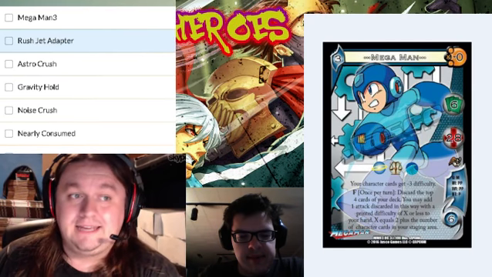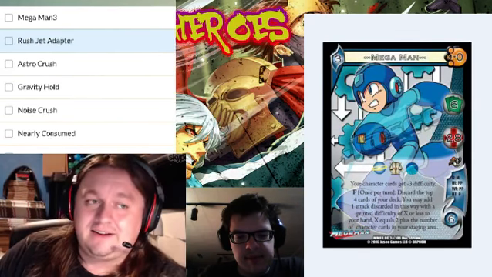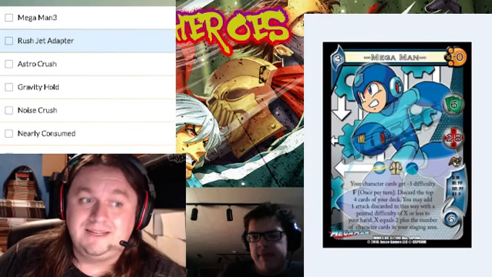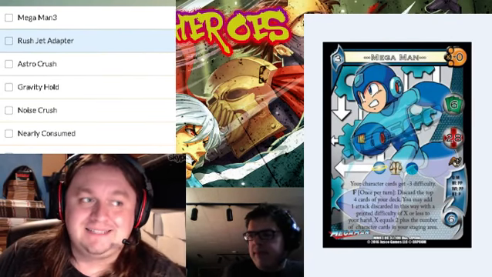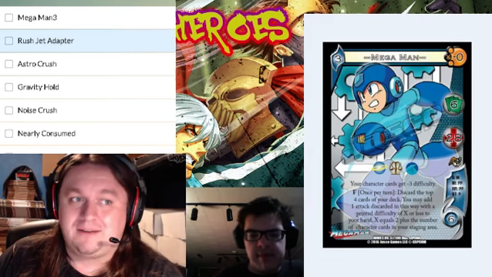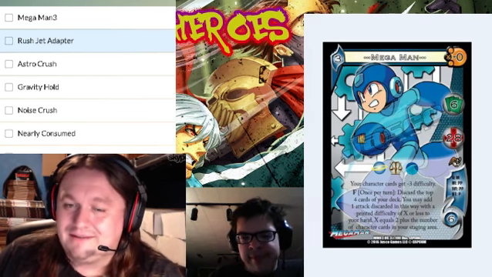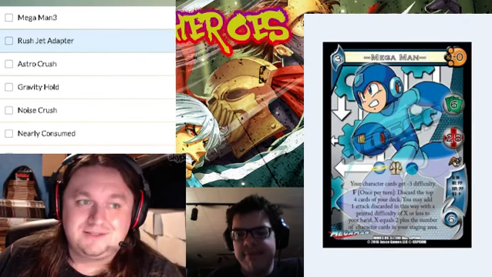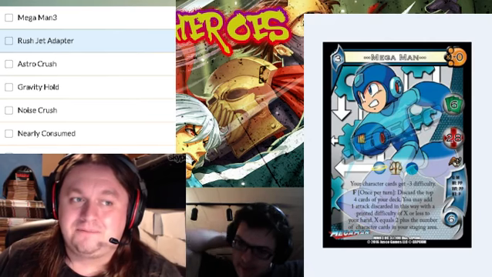I do like that, with the stacking characters and all characters in the set, they are at uncommon rarity. So it means you're not going to have to open 6 boxes to get your 4 ultra rare Mega Mans like you had to do with Omniel back in Tides of Vengeance, or at Rare when you had to do it for Super Skullman. So over the course of 2 boxes, you should be in pretty good shape to get